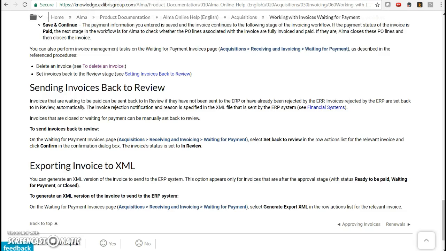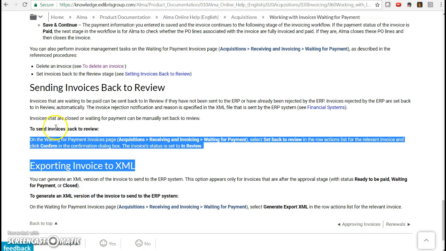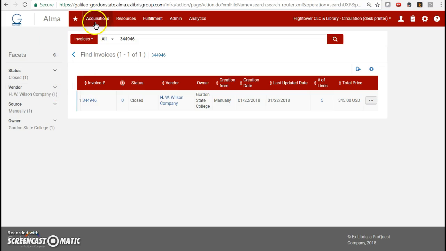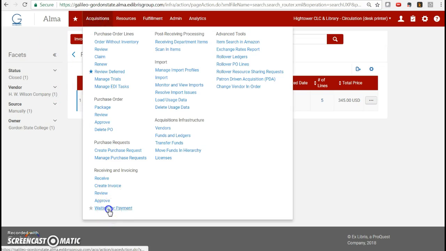So if you look in the Knowledge Center, it says that the instructions to send invoices back to review are to go to Acquisitions, Receiving and Invoicing and Waiting for Payment, and then select Set Back to Review. And that is this part right here. And it says you can do that if invoices are closed or waiting for payment. They can manually be set back for review. If you do that and you select waiting for payment,